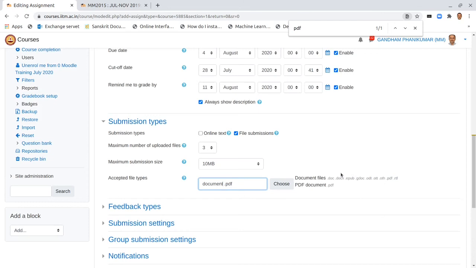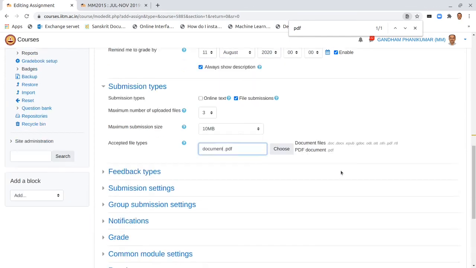Often it's important because when you say document, .doc also is allowed, but students may not be formatting them neatly, and sometimes it may have links to something else, and it's a good idea to just leave it as PDF so that you can just open it without having any software requirement on your side.